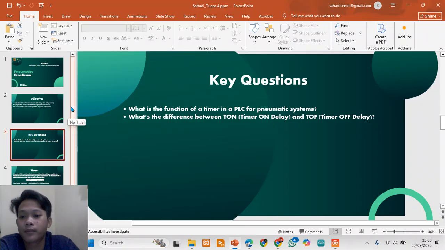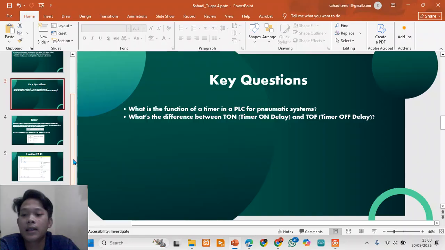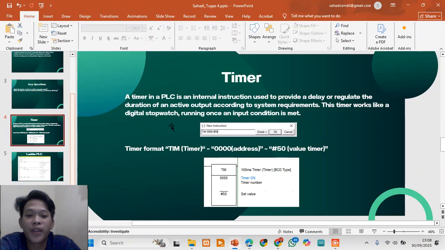Next, the definition of a timer. A timer in a PLC works kind of like a digital stopwatch.